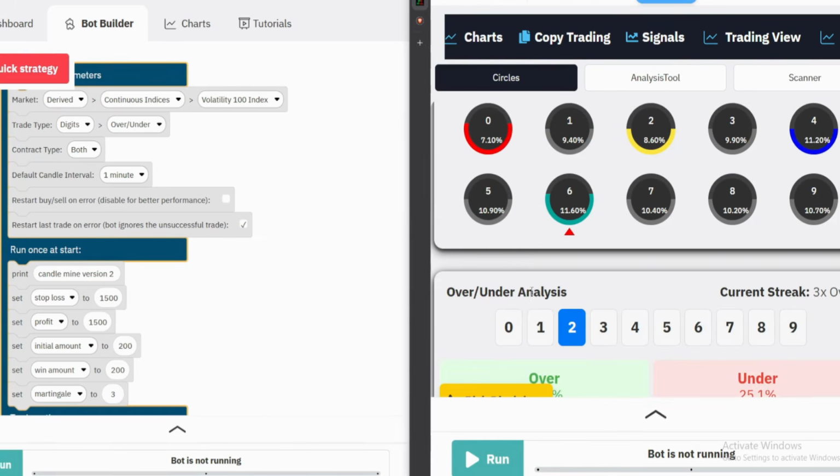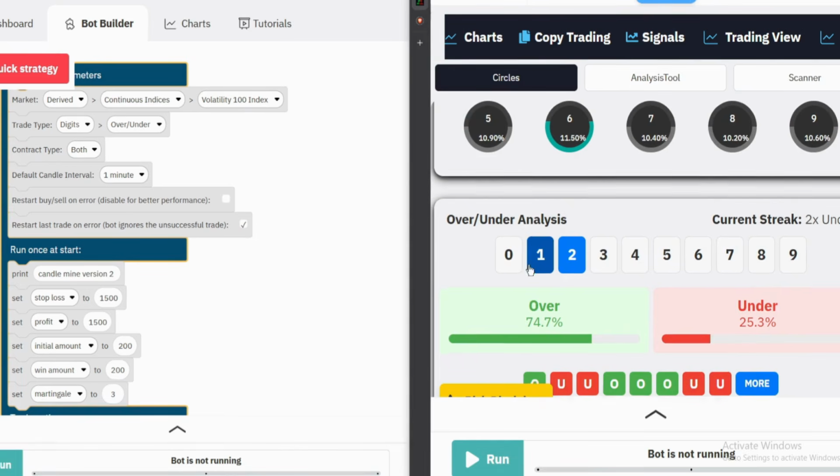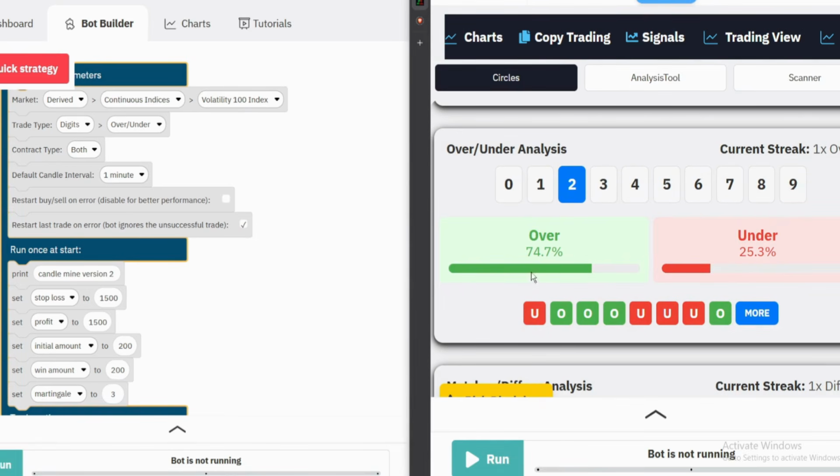Now, if you want to use this part for your entry, this is what you do. As you can see right now, it is at 74.6. So anytime it will have an increase of 0.2% and above, you enter. So let's say right now you open the chart and this percentage was at 74.4. You'll wait for it to go to 74.5, 74.6, and then once it goes to 74.7, you enter your